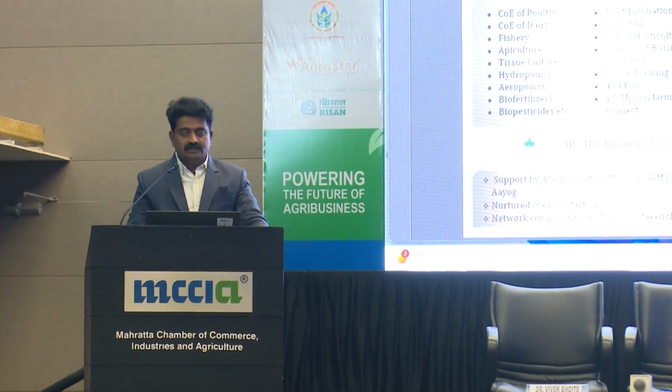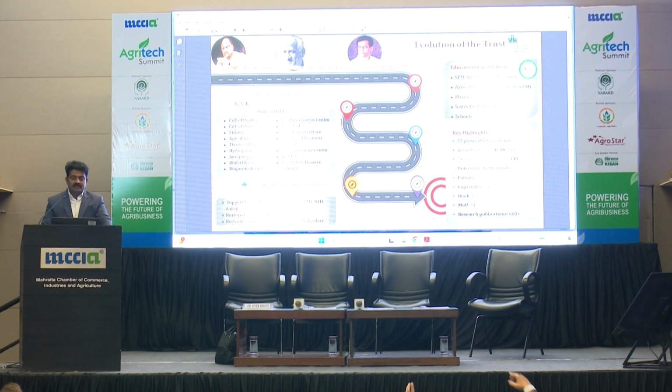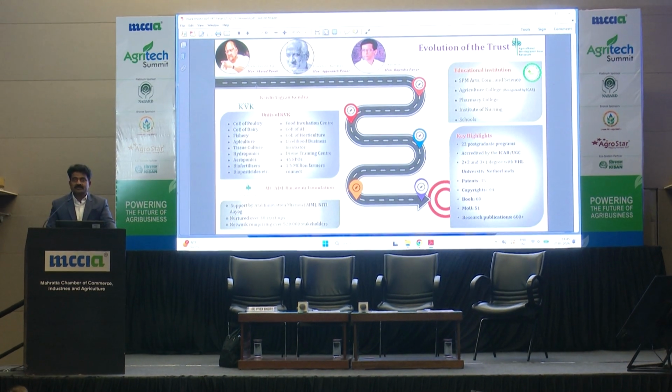Good afternoon, all of you. Innovation is the key factor for changing the development of farmers' livelihood. The Agriculture Development Trust is an institute that was started in 1971 for the upliftment of the farming community. Today, the Agriculture Development Trust has different divisions, mainly Krishi Vigyan Kendra, India's best KVK, Center of Excellence for Vegetable, Center of Excellence for